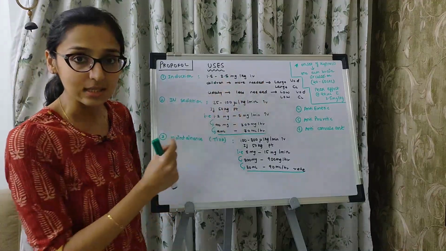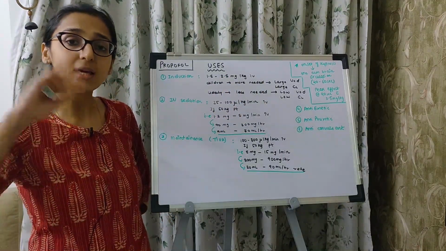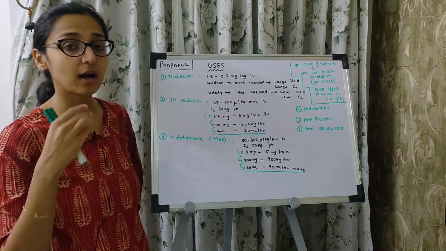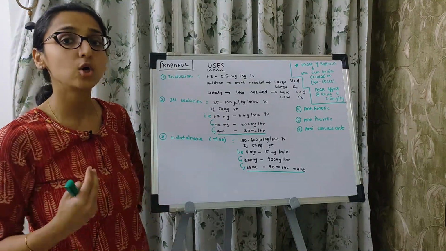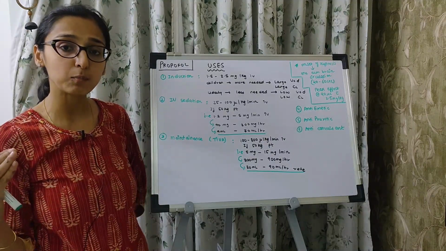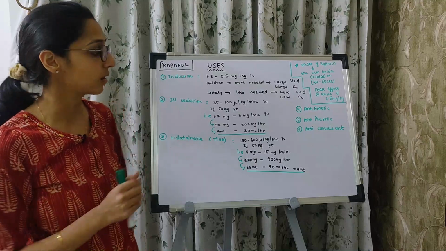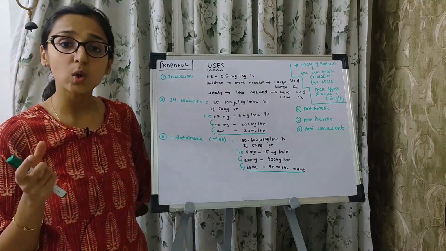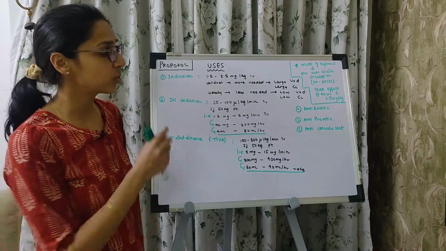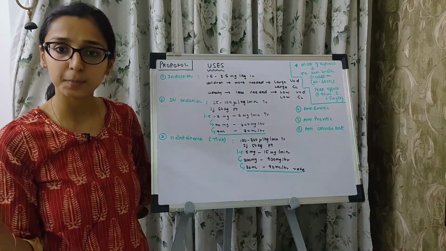Time 40 to 60 seconds, and the peak effect of hypnosis can be seen at 90 seconds if the higher end of the drug is used, that is, 2.5 mg per kg IV is given. Then the peak effect of hypnosis will be seen at 90 seconds. Now, it is also used for IV sedation. So what is the dose for IV sedation? It is 25 to 100 micrograms per kg per minute.